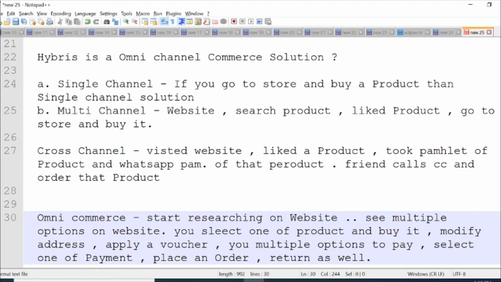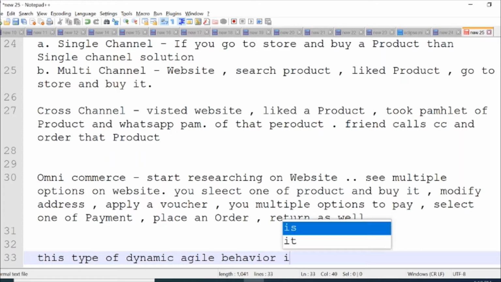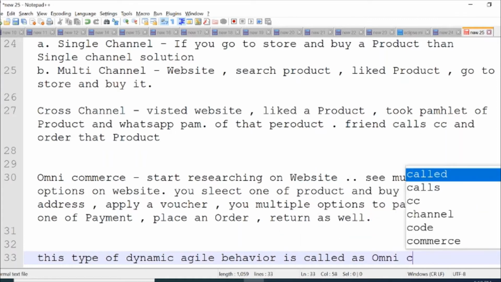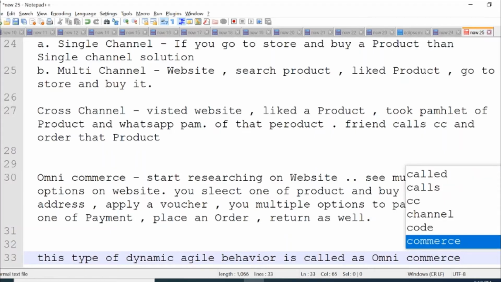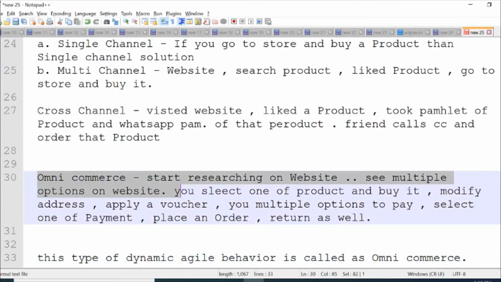So this type of dynamic, agile behavior is called omnicommerce. I think guys, now you have understood this easy explanation of what an omnicommerce solution is.